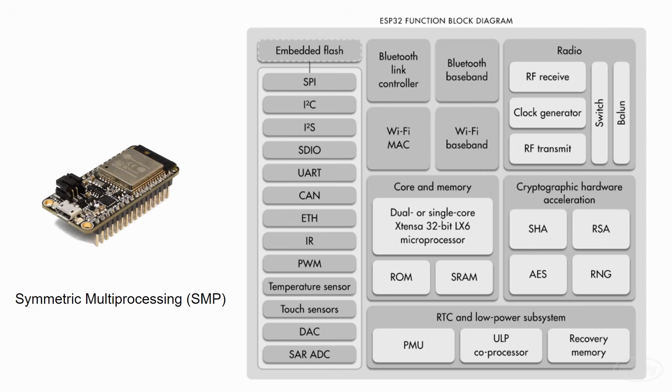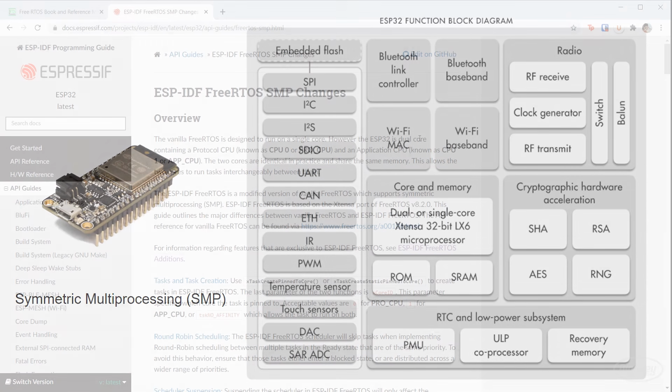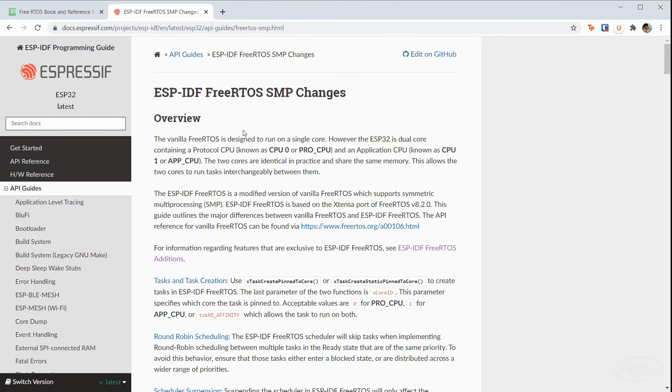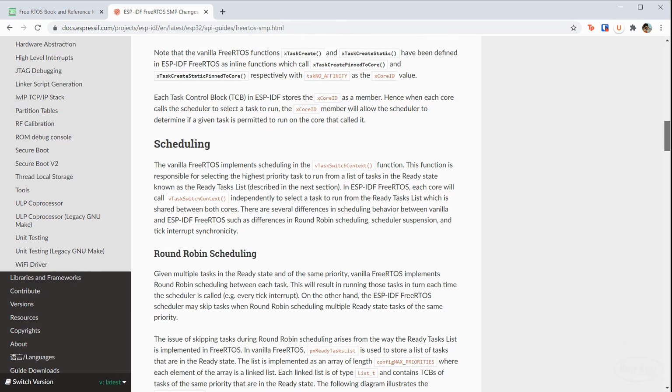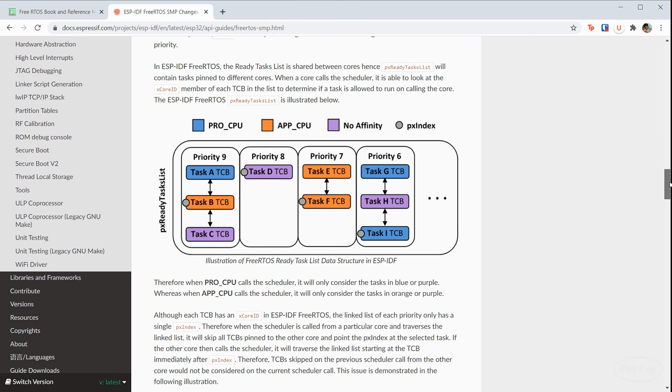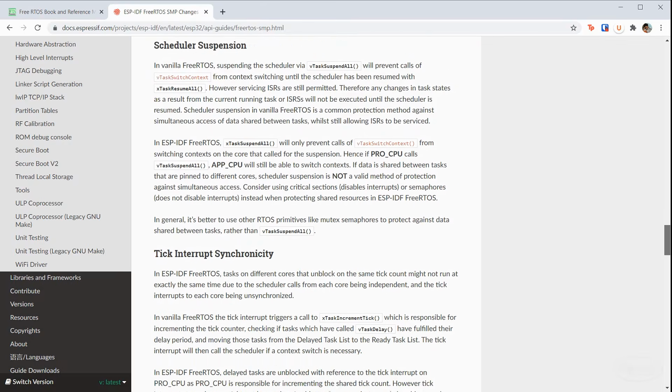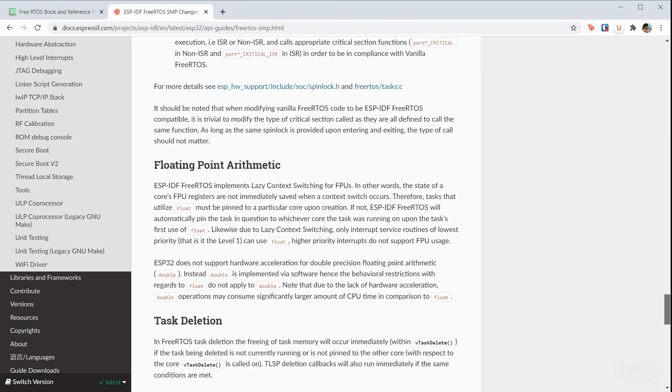Espressif modified FreeRTOS specifically for the ESP32 to support its SMP architecture. We won't get into multi-core support in this series as it goes beyond a simple introduction to real-time operating systems. In our demo applications, we'll limit the ESP32 to use only one core for our tasks. In the ESP32 documentation, you can find a section that explains the differences between vanilla FreeRTOS and ESP-IDF. Once you are familiar with FreeRTOS, I recommend coming back and reading through this page to understand how the scheduler can use the second core in many ESP32s to truly run concurrent tasks.